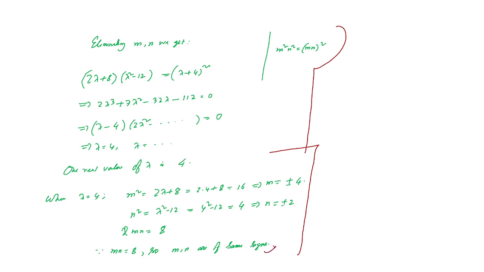Now I am continuing here. So m and n are of the same sign. So we take m equals 4 and n equals 2. You can also choose m equals minus 4, n equals minus 2. No problem. That will give you the same answer. So if we choose m equals 4 and n equals 2, in that case, equation 2 becomes